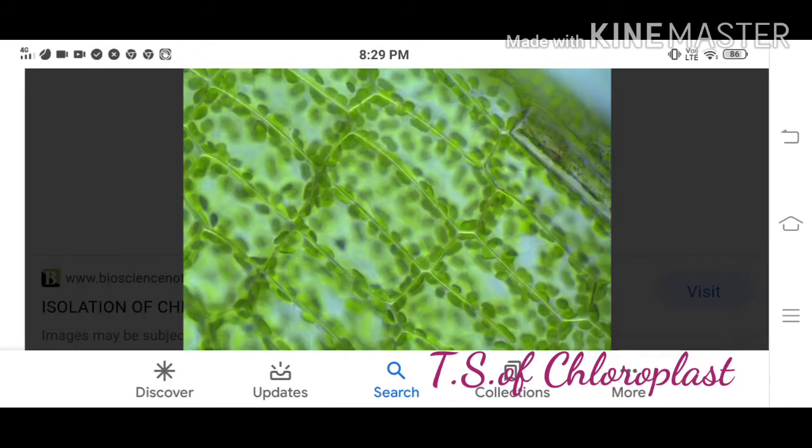When the cell is broken, the chloroplast will also get broken. So to isolate this chloroplast was not very convenient for the scientists in the beginning. But later on, in the year 1954, an eminent scientist, Daniel I. Arnon, was able to break up plant cells so gently that the entire chloroplast was easily obtained, and he was able to carry out the steps of photosynthesis. In detail, he was able to explain the two steps of photosynthesis, that is the light reaction and the dark reaction.